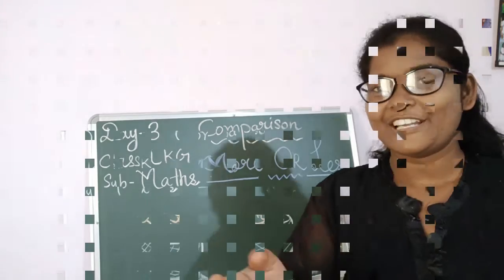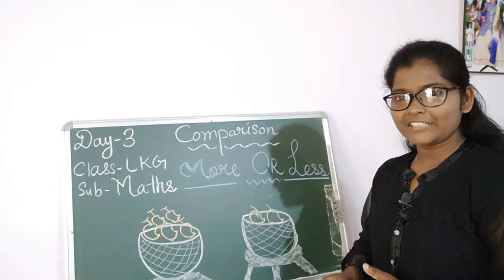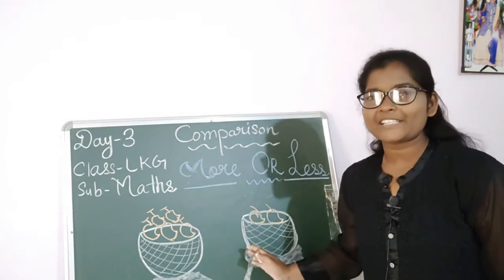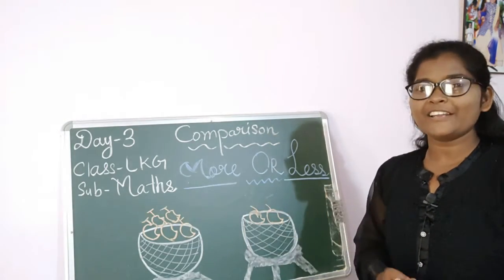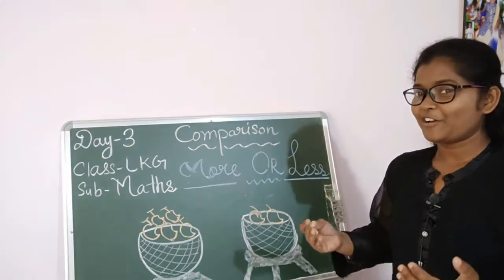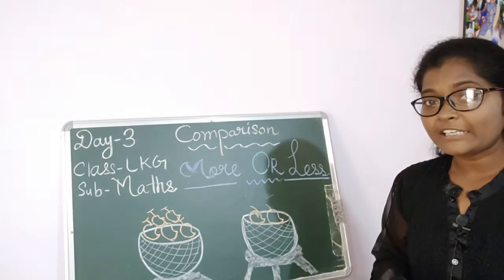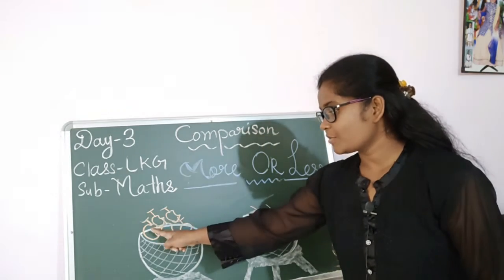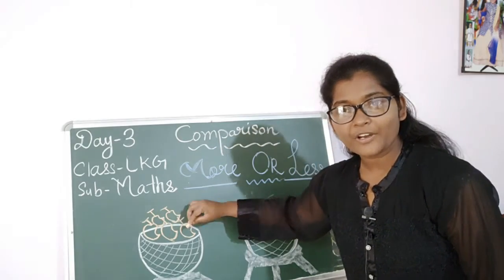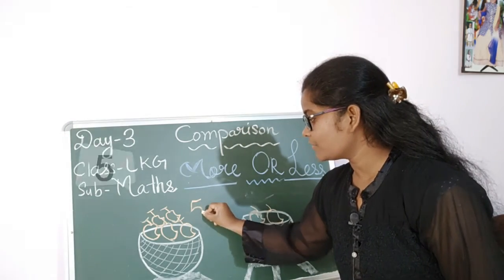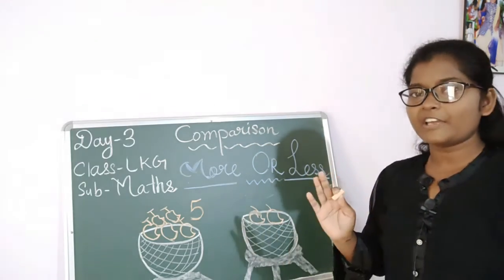Okay, students? Now, look at the board. So, my dear students, now, let's see these two pictures. Okay, now in a stand, two baskets are here. And inside that basket, some fruits are kept. Okay, now let's count the fruits and about their numbers. Okay, so start counting. 1, 2, 3, 4, 5. So children, here in the first basket we have 5 fruits, okay, or 5 mangoes.